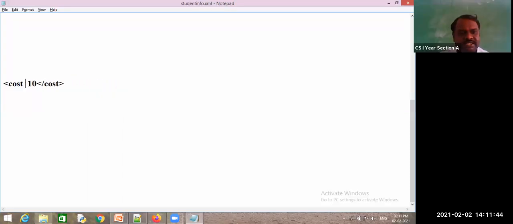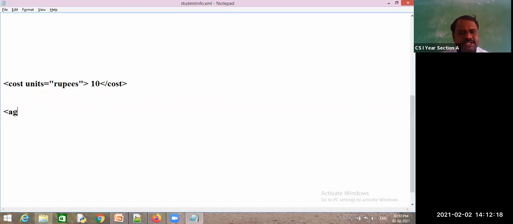Do you need one more tag for this one, like units, for example dollars? Do you need to write another tag? No need. I will just add an additional attribute to this one, like units. Units is equal to rupees. Then you feel this 10 is the Indian currency, you understand.